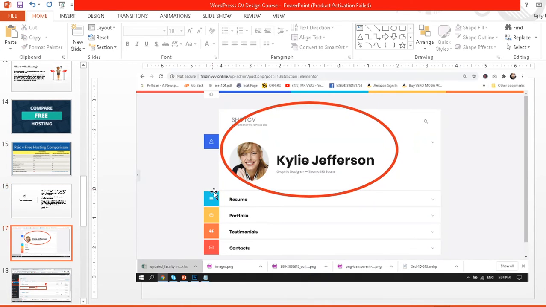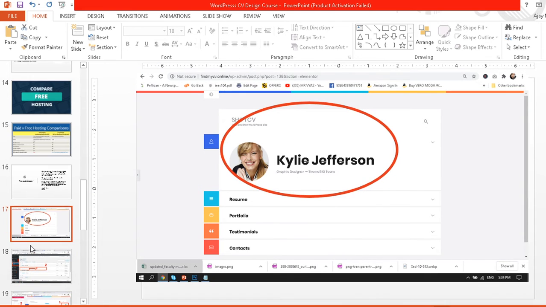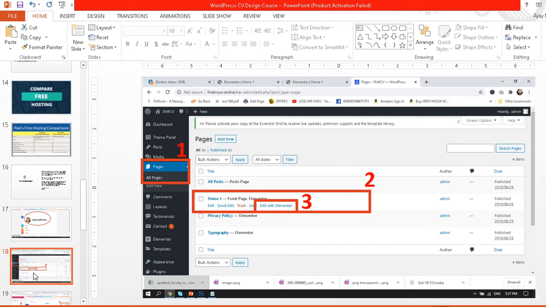In the last slide you will find something about me. And again I have created, like, how to change this image, how to change the name. You can find this very easily in the profile. You have to click on the page, then click on edit with Elementor, and then everything is mentioned properly here.